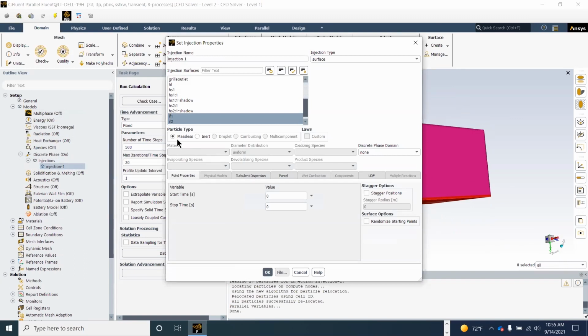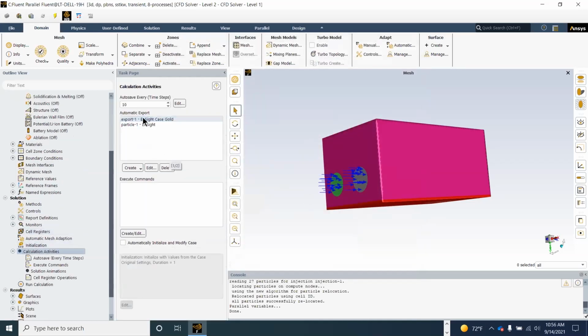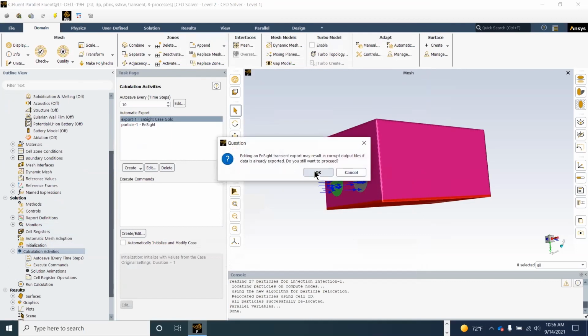Just, you know, as an example, I'm sure when you do your discrete phase simulations, you might have different physics that you have to take into account. But for example, if I wanted to export this particle data that is changing with time, right? Because the particles are flowing in the domain, how would I do that? So I set up this injection like normal, okay? And then in the calculation activities, along with the export of the solution data, so like if I go ahead and show you the solution data,